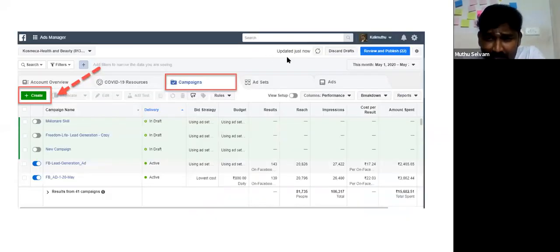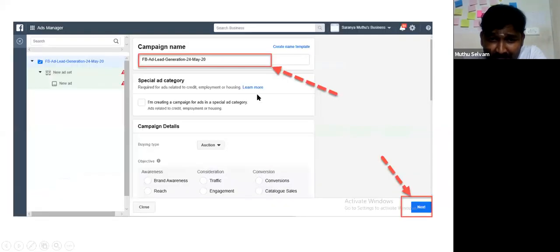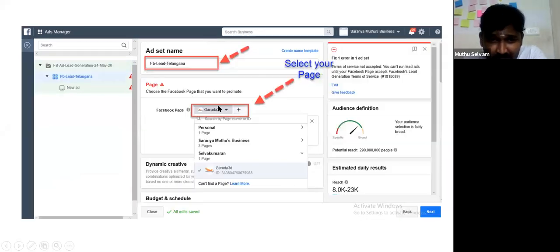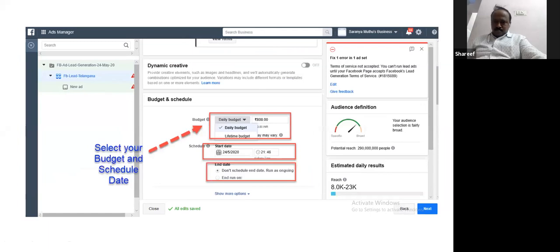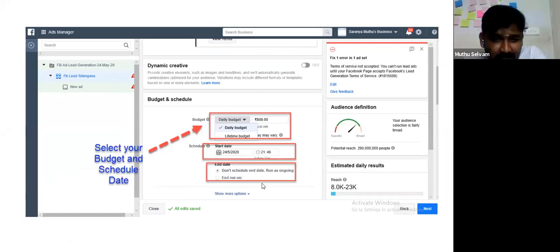Guys, I will repeat once again. Okay, create button, campaign, we clicked it, campaign name, next. Then we gave the ad set name and your Facebook page. Then we gave the budget, the amount we need.